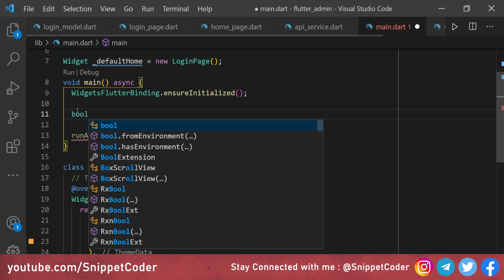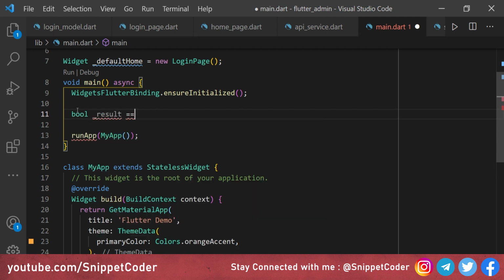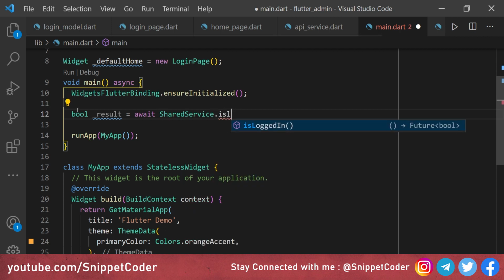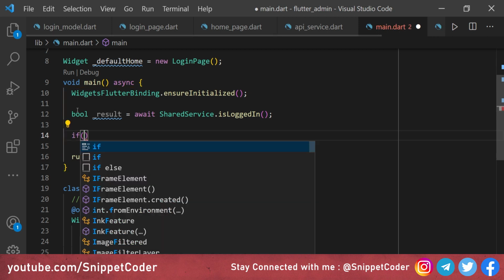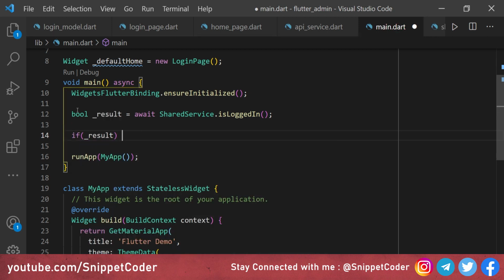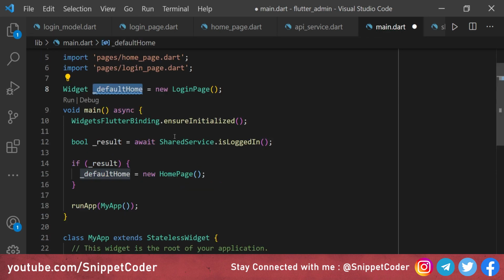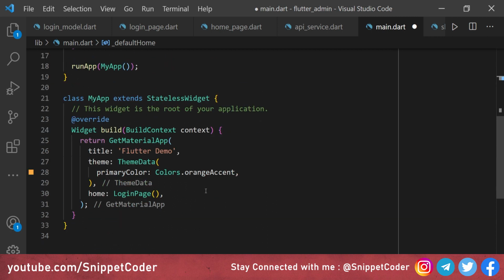Here we will have bool _result equal to await SharedService.isLoggedIn, that means we are checking if the user is logged in or not. On the basis of that, if the result is true, we are logged in, then we are redirecting the user to our home page, and by default we are redirecting the user to the login page. And now we will change home to our defaultHome.